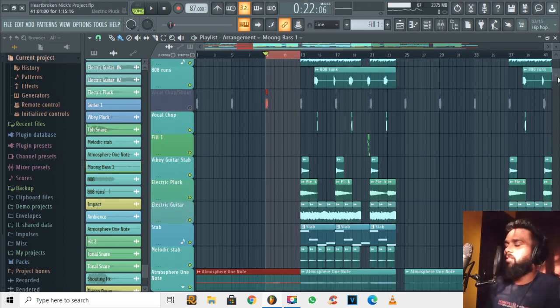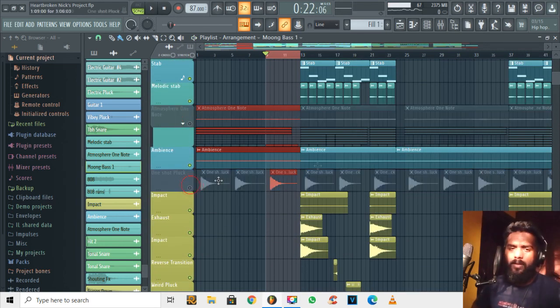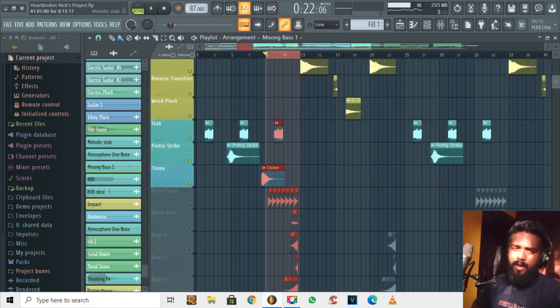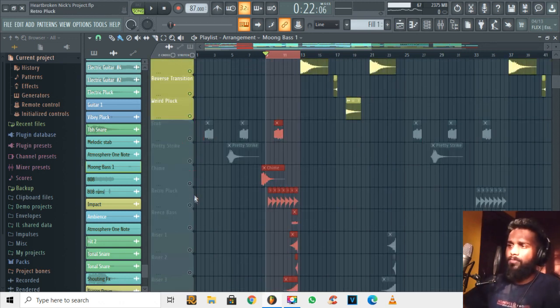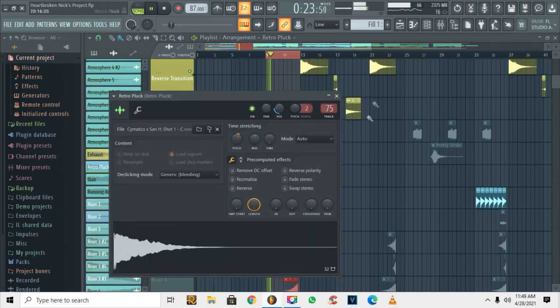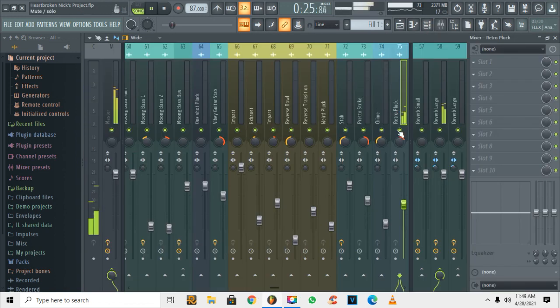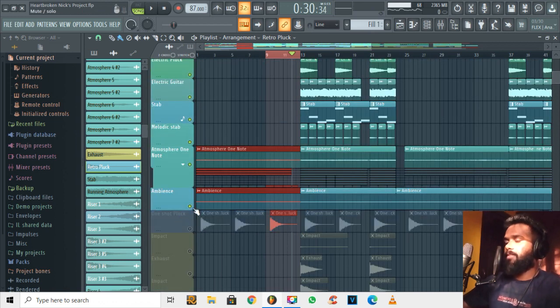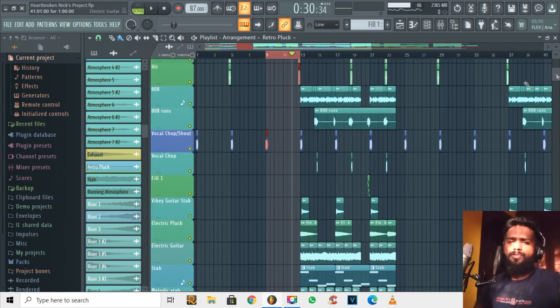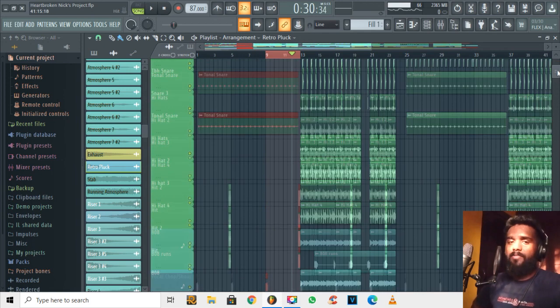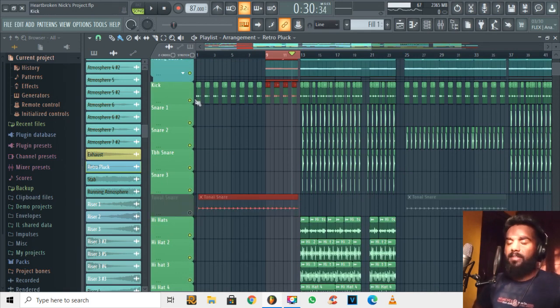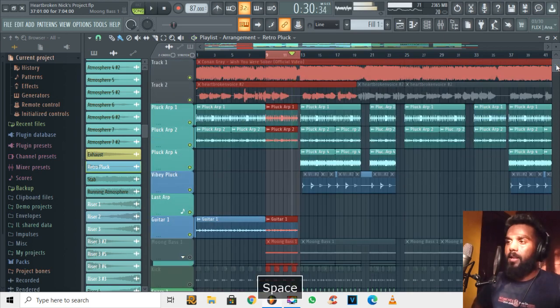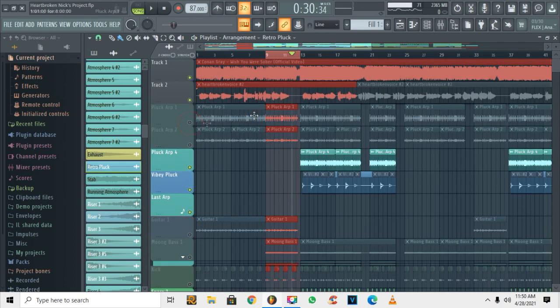So the next element that I added is this one note, and it's again a raw sample. I haven't processed it heavily, and it sounds something like this. And next is this Racy Bass, which is like a sound used by Flume a lot, and it's quite heavily processed, and I have used it as an effect and not as a main element, and it sounds something like this